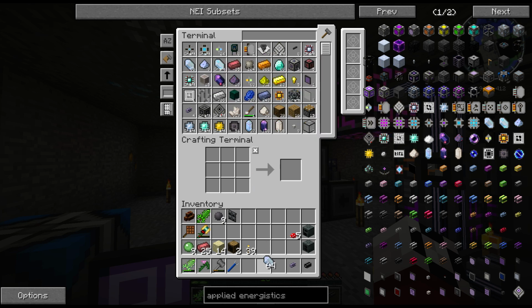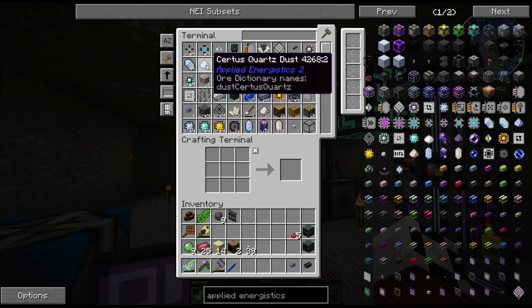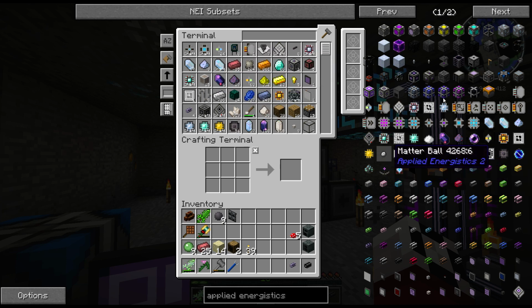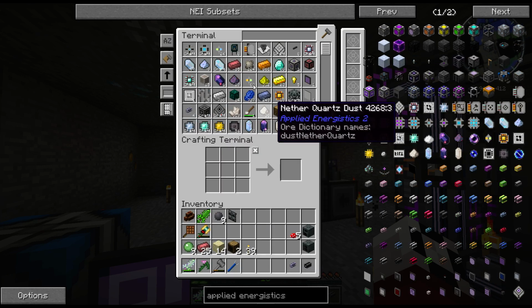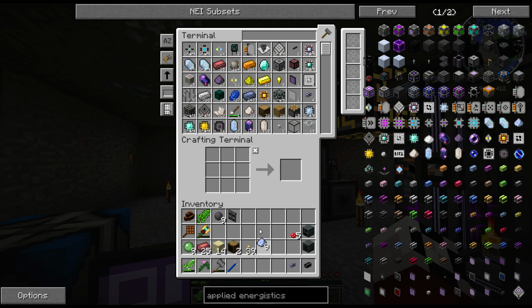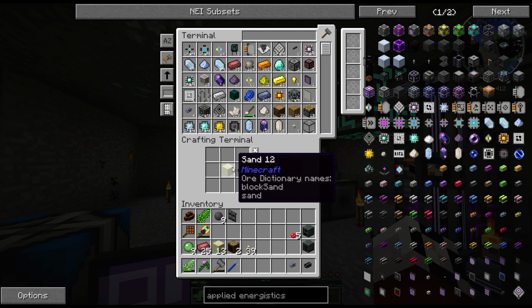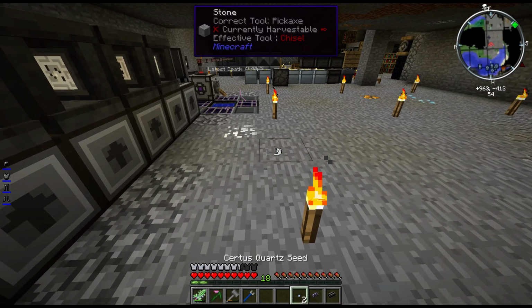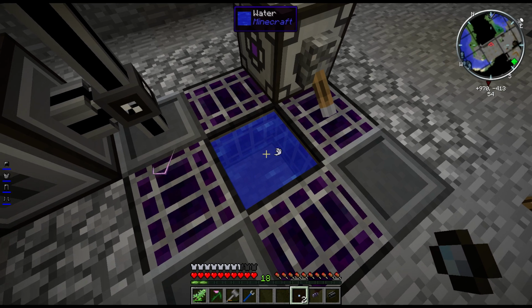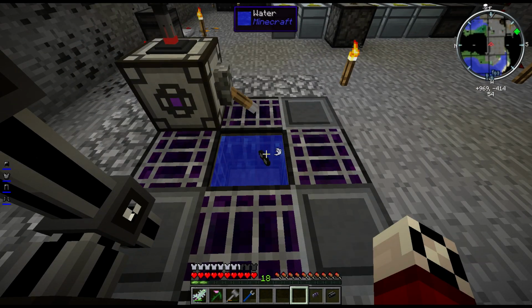To get those, you're going to take your Solstice quartz crystal. I'm not going to take it with us. And you're going to grind it up in a quartz grindstone, and you'll get your dust. And with that dust, if you combine it with sand, you'll get the seed. So the seed, this is cool. You take and you throw into water,